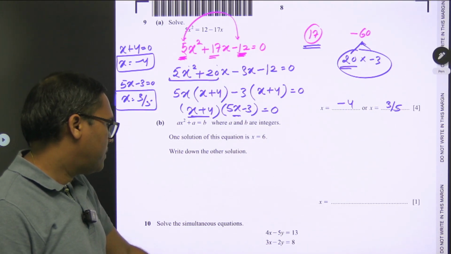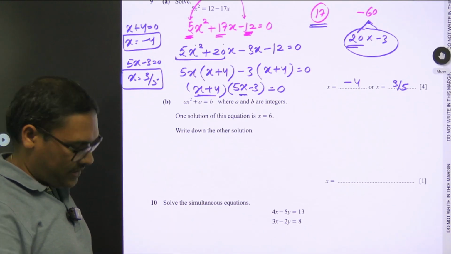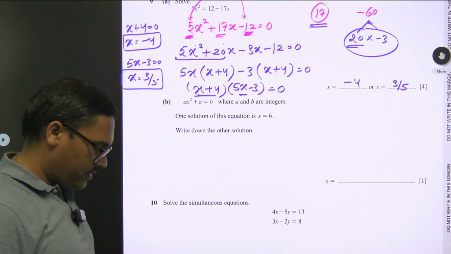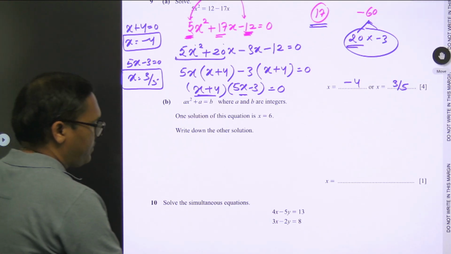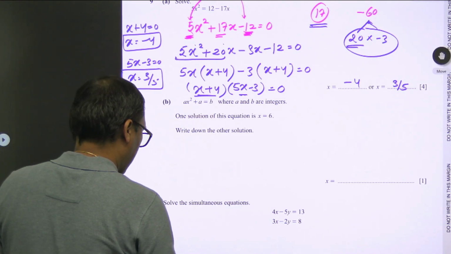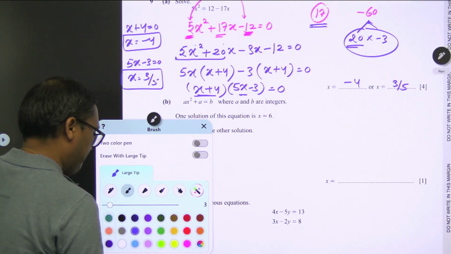I hope this is also clear. So minus 4 and 3 by 5. Let's check the answer. This is minus 4 and 3 by 5 is the answer. Okay. So now the next question. So next question says, here we have